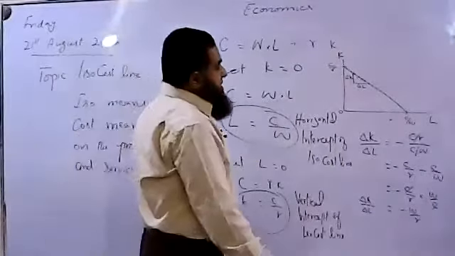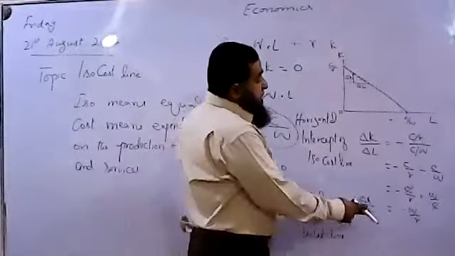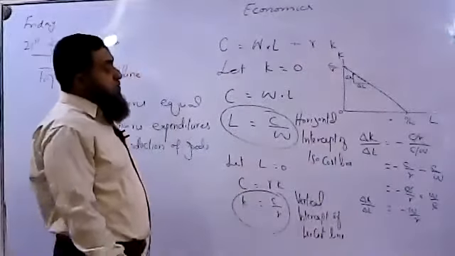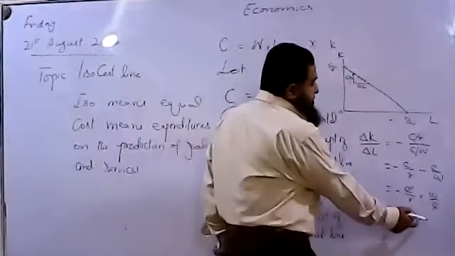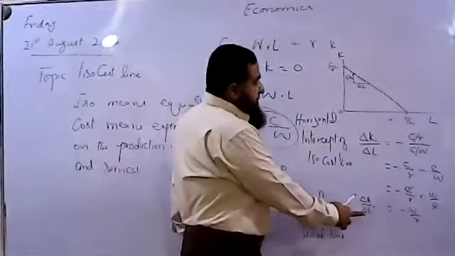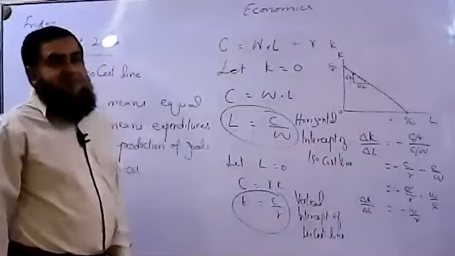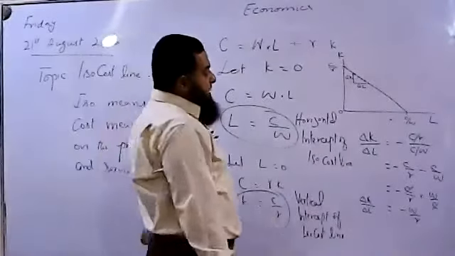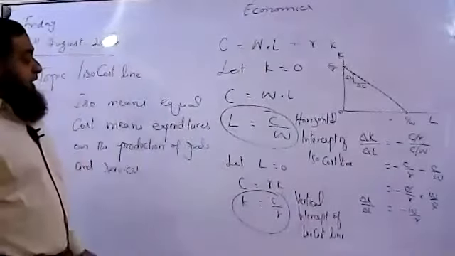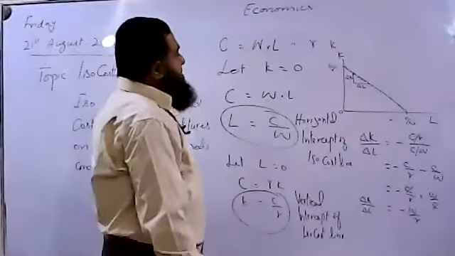So we can say the slope of this isocost line depends upon the relative prices of capital and labor, and you can see change in capital is again inversely related to the rate of interest, and the number of workers, change in labor, is also inversely related to the wages. All right. So its slope is equal to the relative price ratio of wages and capital and labor. All right, this is the slope.